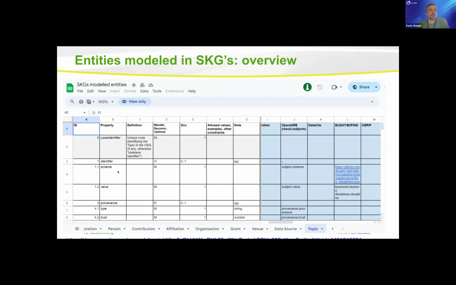So if any change is applied to the model, we try to reflect it here and have all the mappings and the crosswalks updated. There's a new one that is ongoing now, so we're going to have the schema.org as well, because that's another thing that we're trying to consider. And again, this is a crosswalk, so it's more conceptual. So there's nothing that resembles an exchange format. We started with JSON, but there are discussions on how to do it in other ways. So JSON-LD is one option. Schema.org itself could be one option. So we're very open to have multiple ways of sharing